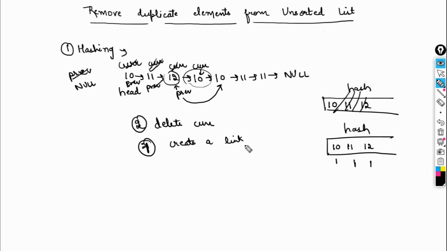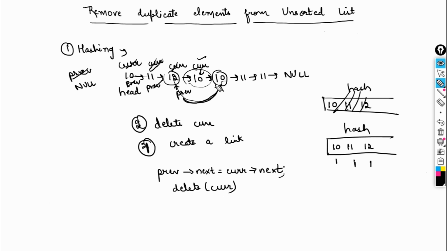So first of all, let's create a link. In previous next, I want current's next. So in previous next, I need to do current's next. Now this link will be created by this statement. And now it's something like this. This is my list now, and this is a node that is current. So what I need to do is simply delete current.